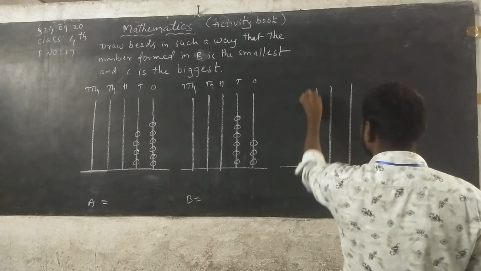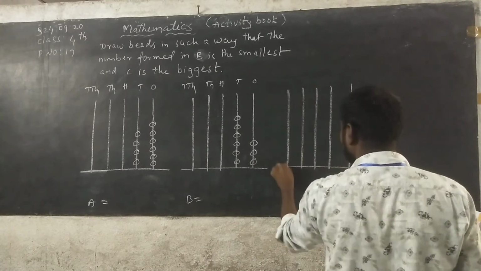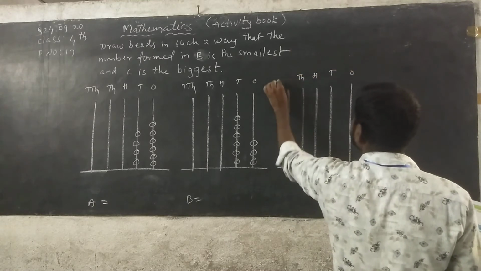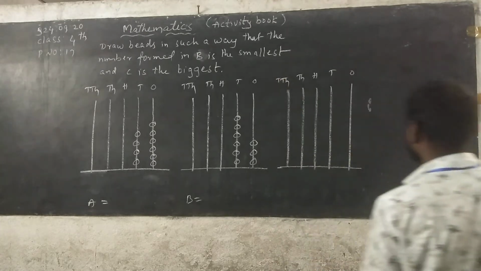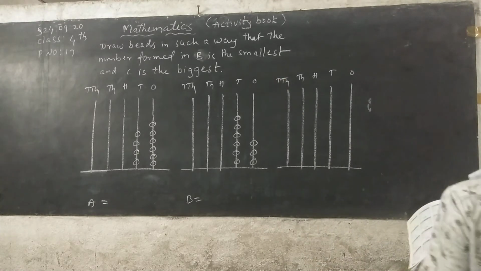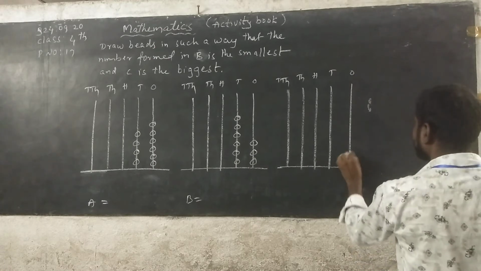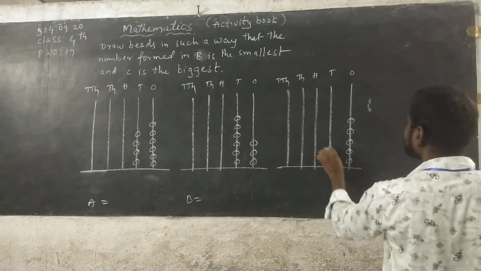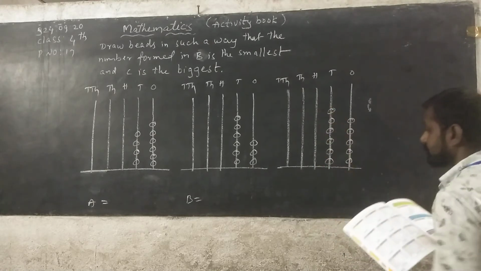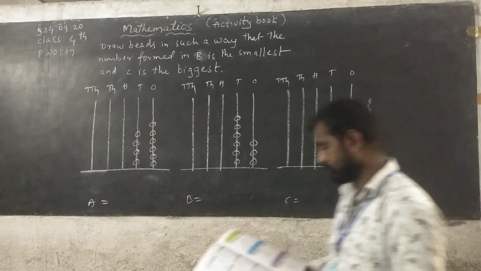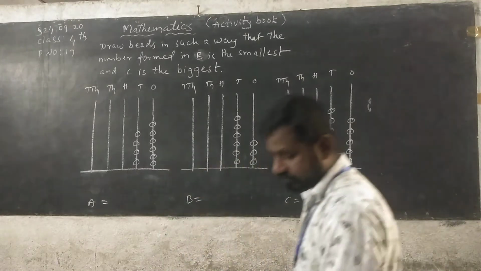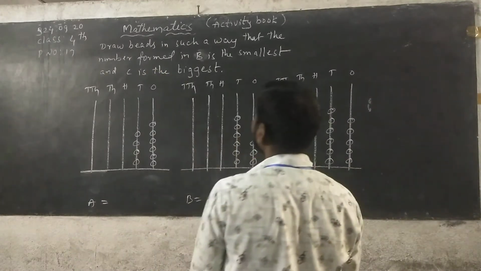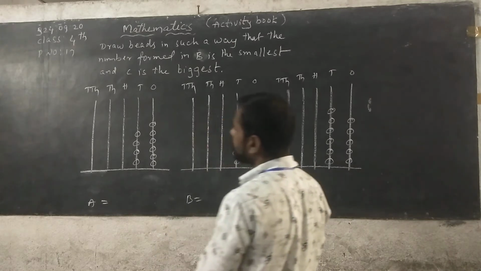Ones, tens, hundreds, thousand, 10,000. Here 5 beads. 1, 2, 3, 4, 5. Here 6 beads. 1, 2, 3, 4, 5, 6. See, draw beads in such a way that the number formed in B is the smallest number and C is the